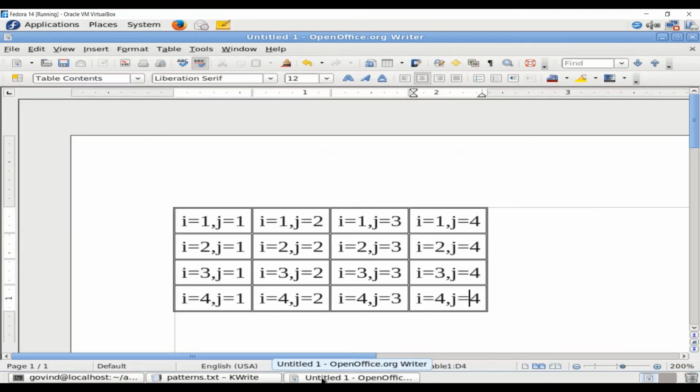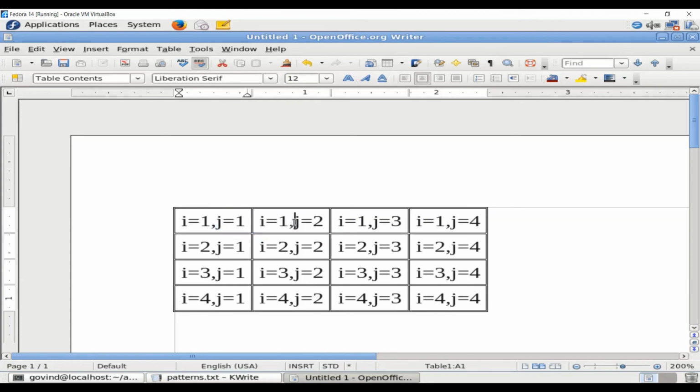It can be represented like this. Each cell of this table can be thought of as one execution of the outermost and innermost loop. This is one row. It means in the first cell the value of i will be 1, j will be 1.